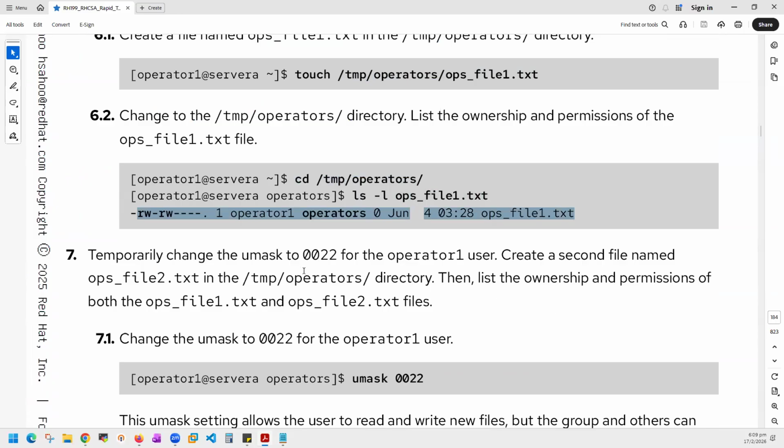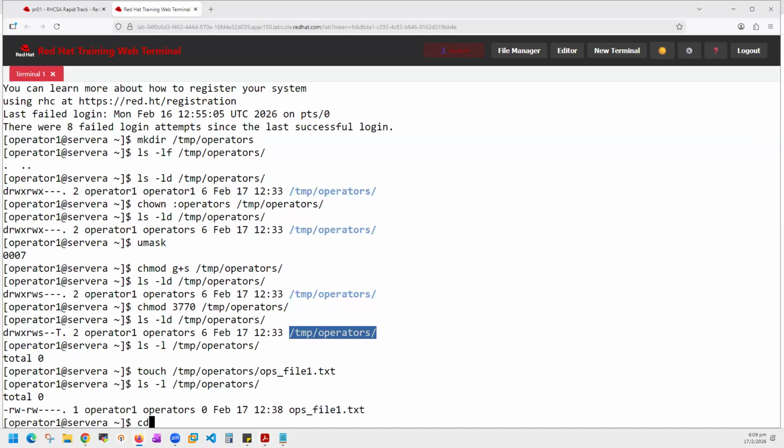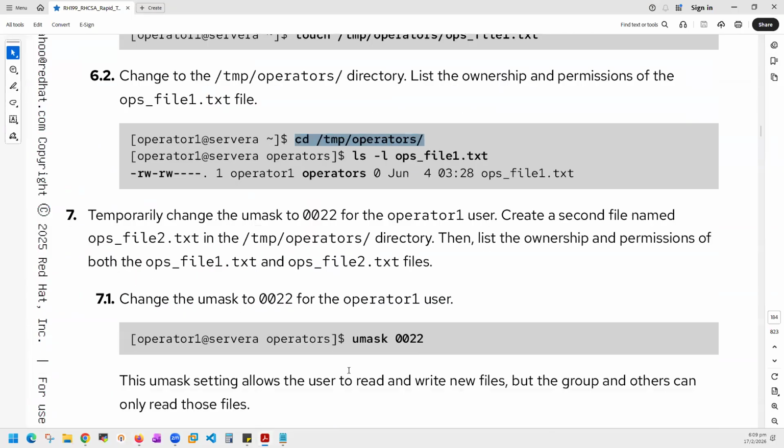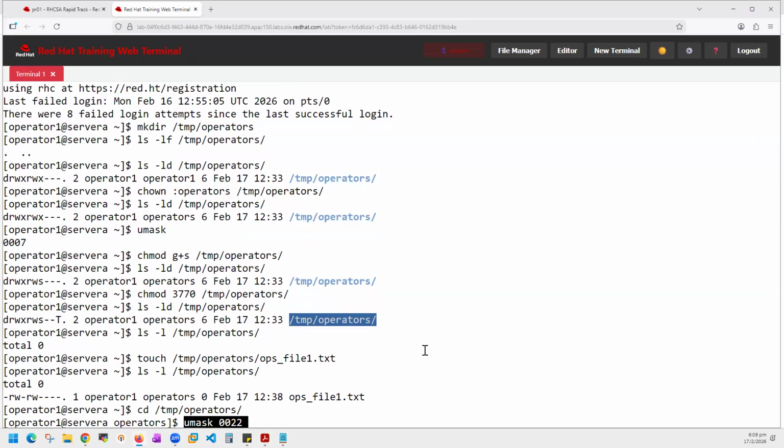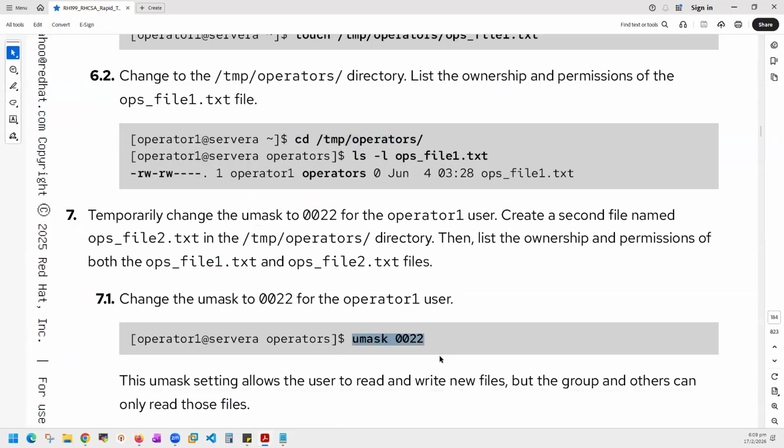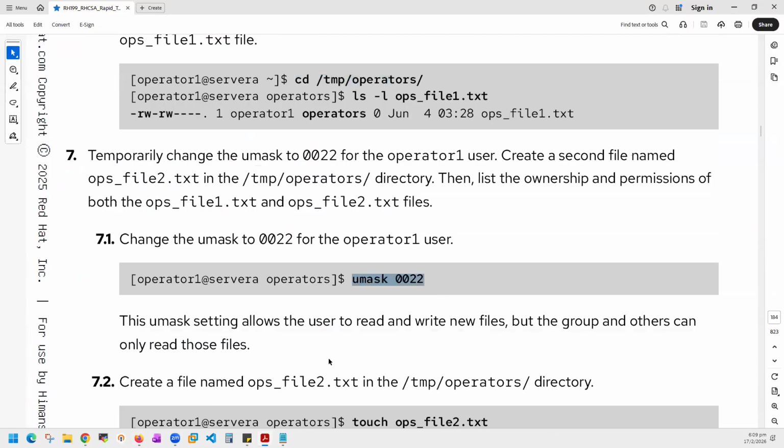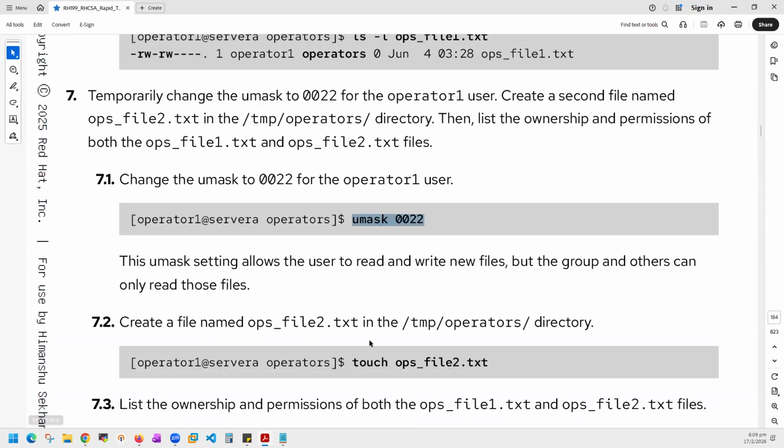Right? So temporarily change the umask. They want us to change the umask. Okay, so I'll go to this cd /temp/operators. Okay, now they want us to change the umask to 022. Okay, change the umask to 022. Right? Now create a file, touch so and so. Okay,